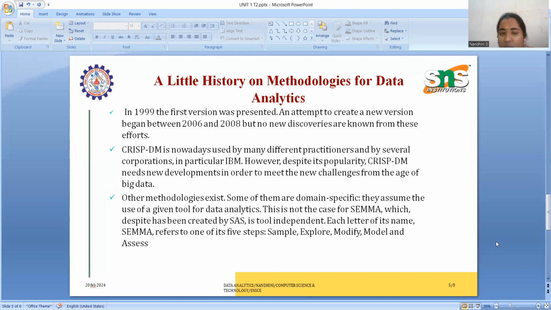At that stage we need to prepare this, how it is developed, and how these are used in an easier way than this. SAS has been used. Other methodologies exist, but the specific one we are using is the CRISP methodology.